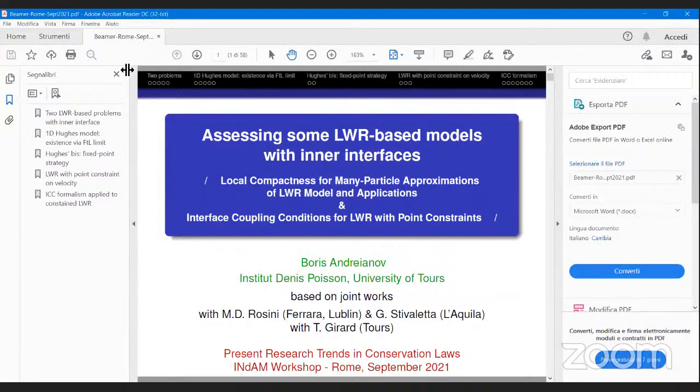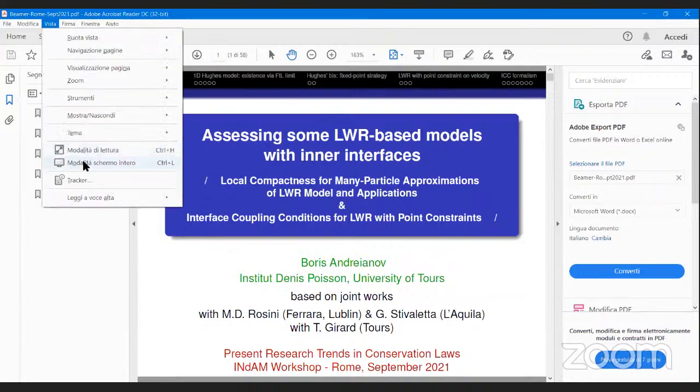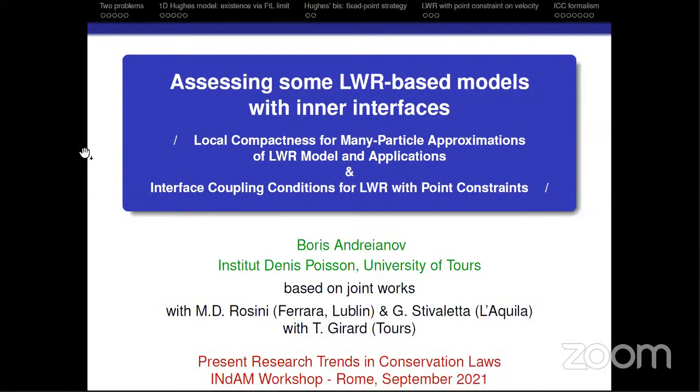One which was announced here about local form factors for many practical approximations of like from Richard's model and applications, and a minor part which, if I'm quick enough, I will be able to explain about interface coupling conditions for LWR with point constraints. And both are related to the questions that were already dealt with in this conference, in particular in the talk of Yannick Holler, where the subject was to determine appropriate coupling conditions at interface or at the node from some considerations which are compatible with the model, with the idea of the physical process